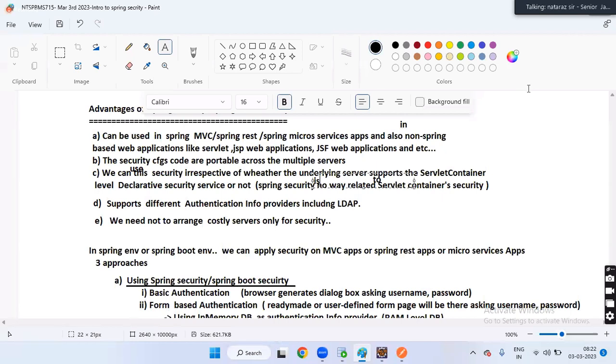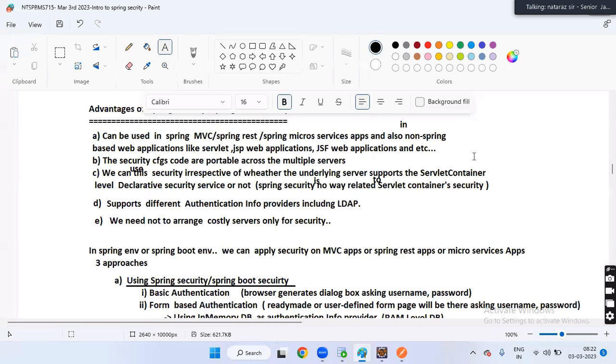Are you getting my point, guys? We can use this security irrespective of whether the underlying server supports servlet container level security or not. Spring security is nowhere related to servlet container security.